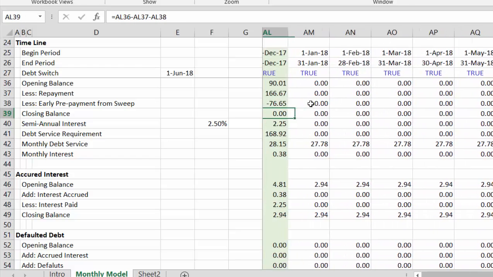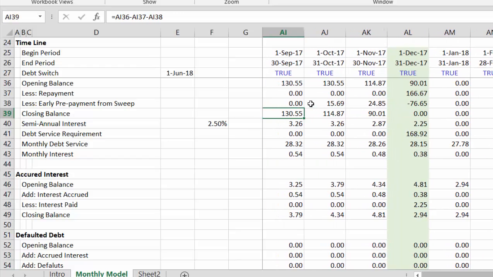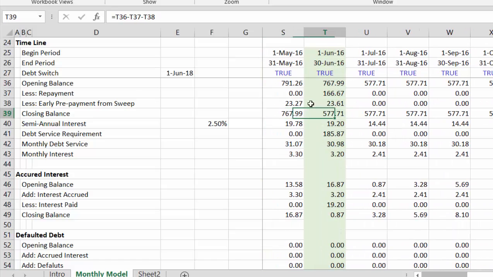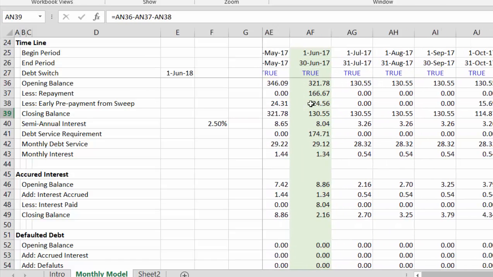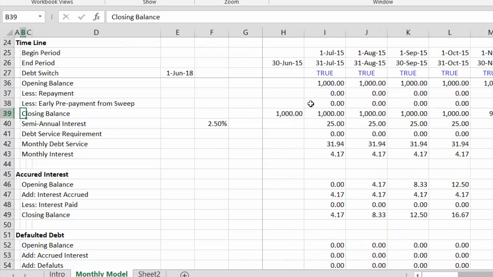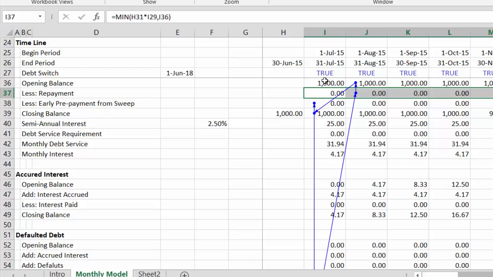Okay, and what happens is we get negative sweeps because here, and it happens in all of this. So this amount has to be the minimum of what we took or the opening balance. Okay, when we have a cash sweep, because we might not have to